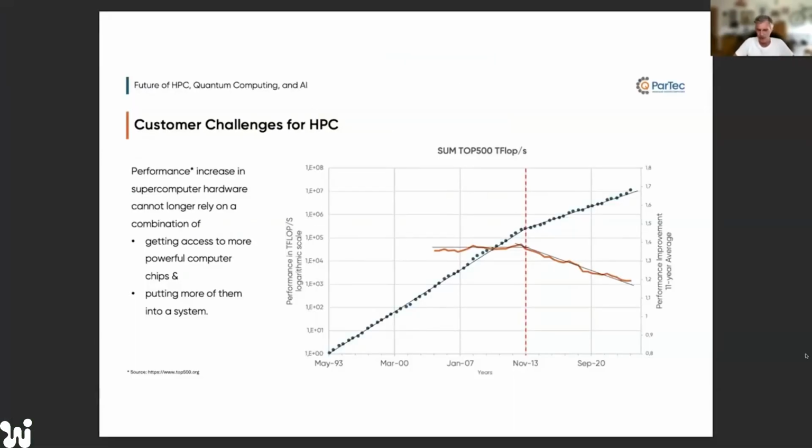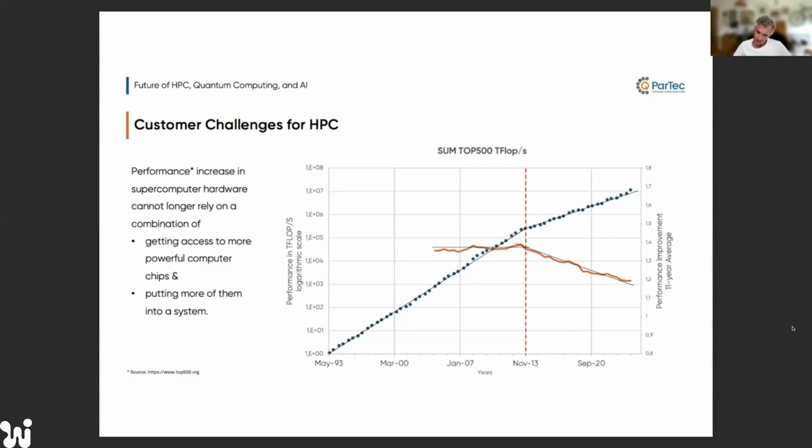In the next chart, you can see the challenges for HPC right now, because when I grew up in the last century, I did my PhD in 1999, which was quite a long time ago. But in that time, every new year, new technology came up and we got a speed up, right? And the speed up was described in the late 60s by Moore, the so-called Moore's law. So more things could be stacked on a chip, and at the end, the performance of a chip increased by that. And it increased every 2 years or every year. It was linear scaling, and you can see that here as well.